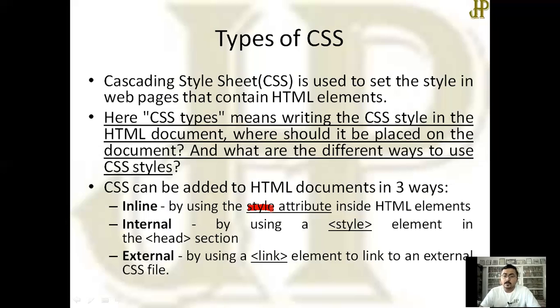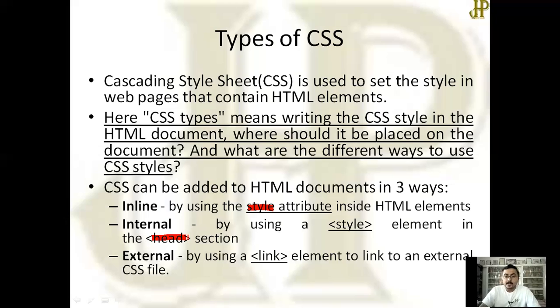As the name suggests, internal. Here, we are not incorporating each style in the element itself. Here, we are incorporating design specification in the head section. As we already know, whatever other information is related to the HTML, that should be incorporated in the head section.